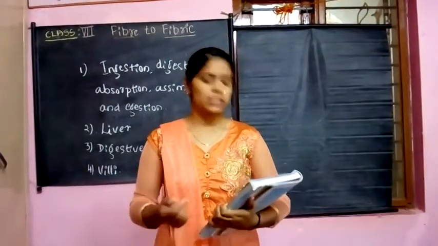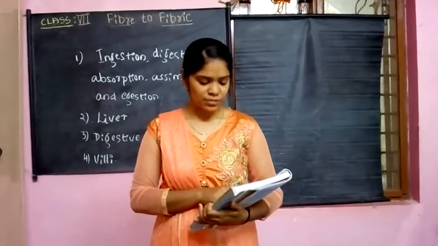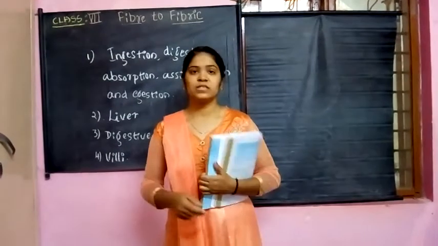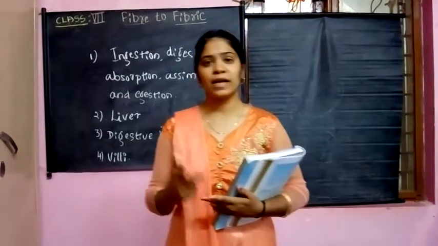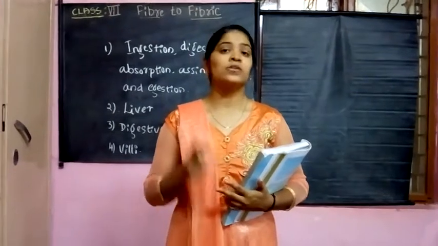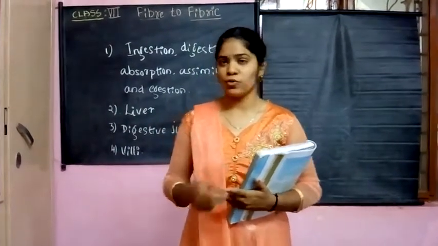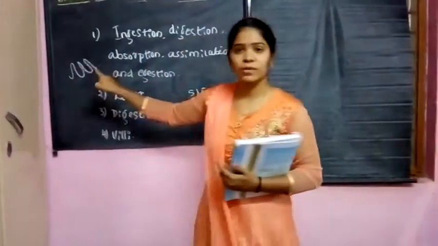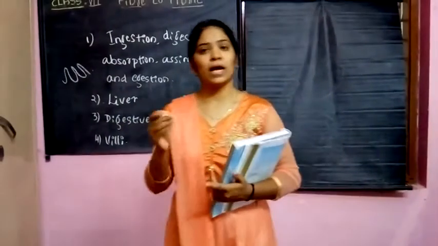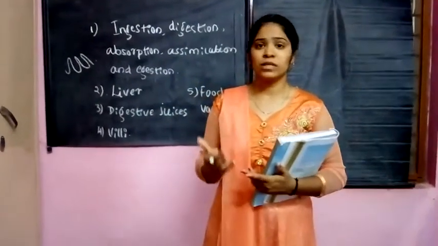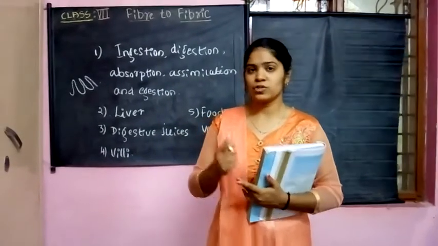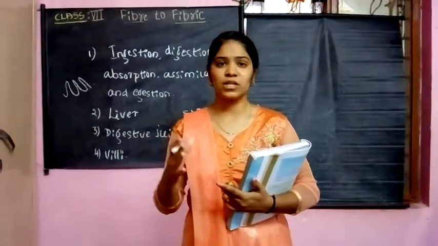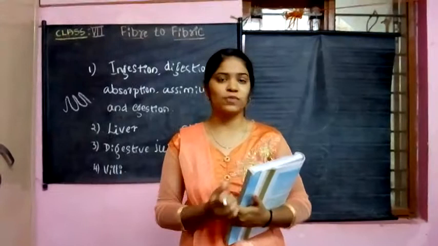So the next question is, what are villi and what is their location and function? The answer is, villi are finger-like structures which are present in the small intestine, as I told you. They help to absorb the food material which comes from the stomach. The main function of these villi is to increase the surface area of the small intestine for the absorption of the food material.